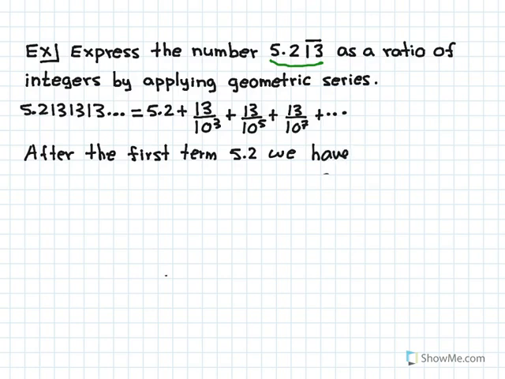So the geometric series starts at the first term of 13 over 10 cubed. 5.2 is not part of the geometric series. So after the first term 5.2, we have a geometric series